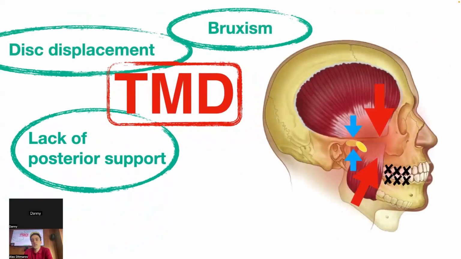This patient has a displaced disc, right? This patient has bruxism, right? Very high amount of force coming from the muscles. And this patient also does not have posterior support, nothing to accommodate this loading of retrodiscal tissues, the loading coming from